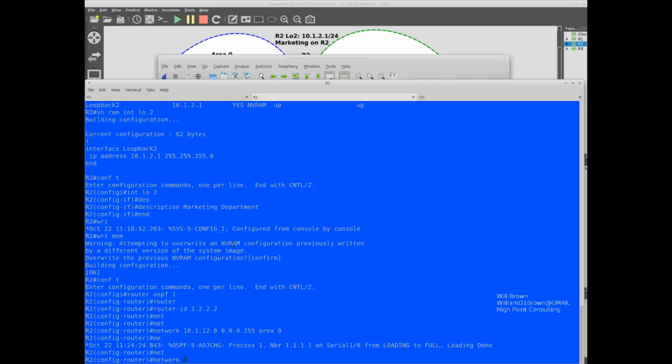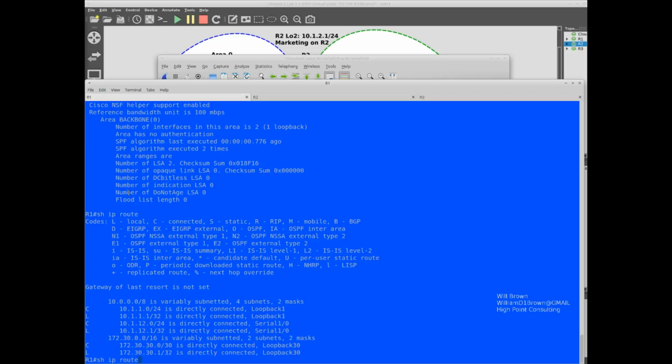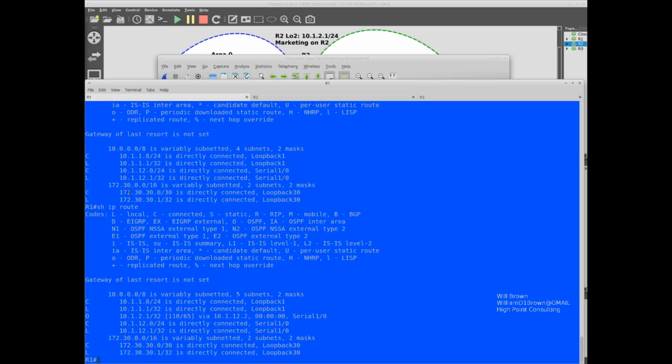So we're going to define the loopback 10 network, 10.1.2.0 0.0.0.255 area 0. And now if I come back to router 1 real quick and look at the route, we've actually learned our first OSPF route right there, where it learned about the